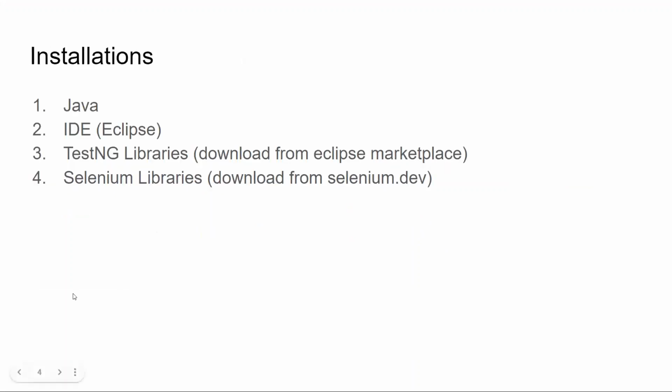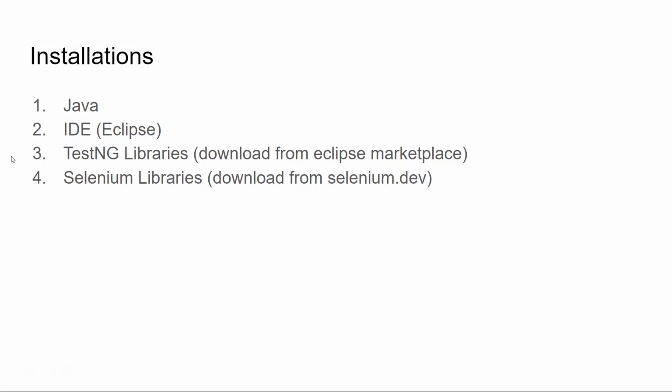Right? Some of the prerequisites that are required for executing your test scripts. Now, since we'll be writing our test scripts in Java, we'll require Java to be installed. We'll be using an Eclipse IDE for writing and executing the code. Right? Along with this, we'll also be requiring certain TestNG libraries, which can be downloaded from Eclipse Marketplace.